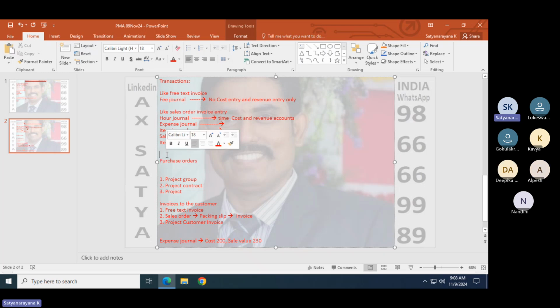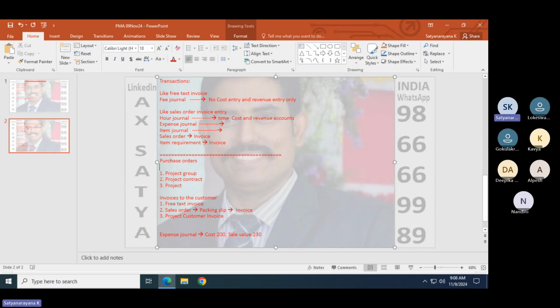This is different. So whatever you learned till now, free text invoice is like this one, fee journal is like free text invoice, and sales order invoice is like all these things. So you are going to learn in that.